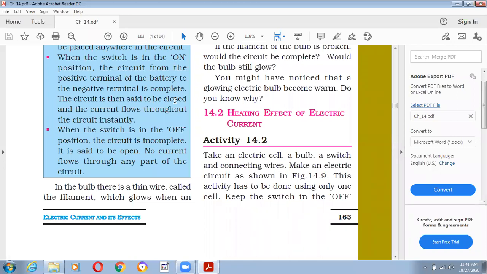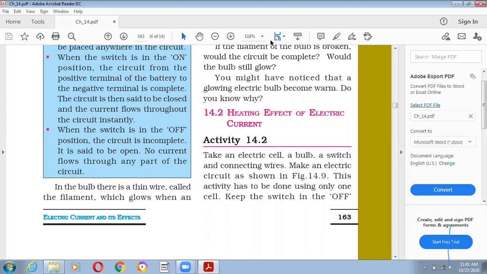So heating effect of electric current, as from its name it's very clear. We have already discussed the resistance. When you rub your palms against each other, our palm becomes warm due to the friction between the surfaces of palm. So when an electric current passes through a high resistance wire, the electric energy is converted into heat energy, which heats up the resistance wire. This is called the heating effect of current, that it becomes hot.